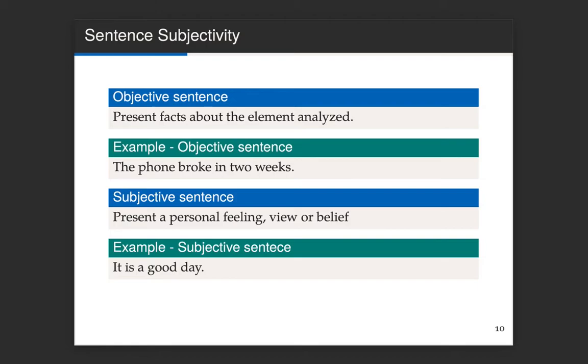It is not an opinion because there is not an object there to have an opinion on. On the other hand, it is believed that an objective sentence doesn't contain an opinion, and this is also not true. Most of the time, objective sentences don't have opinions in them, but sometimes they do. And the example, the phone broke in 2 weeks,